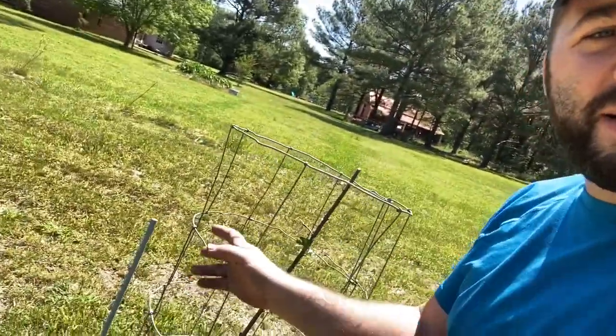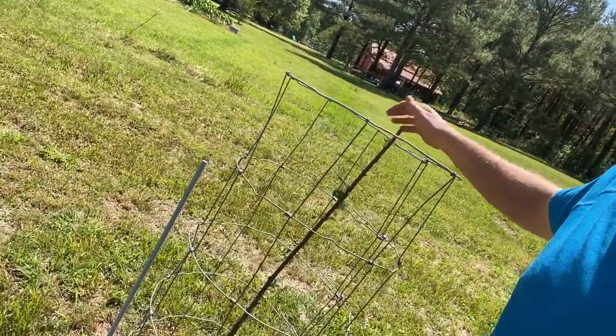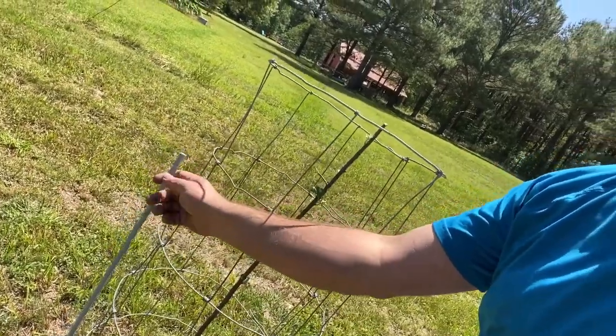I just didn't get it done. So do it today. And so what I'm gonna do, you see here I got my cage, here's the tree, and then I got this little fiberglass stake just to hold the cage, keep it from falling over in the wind. So I'll come back with a zip tie and just tie this to the stake, and that should be good